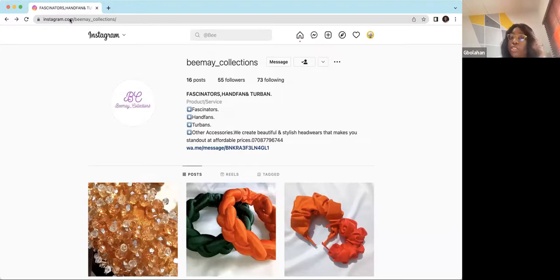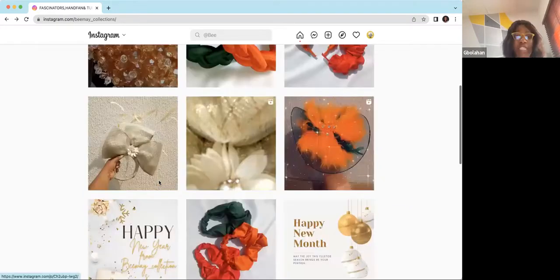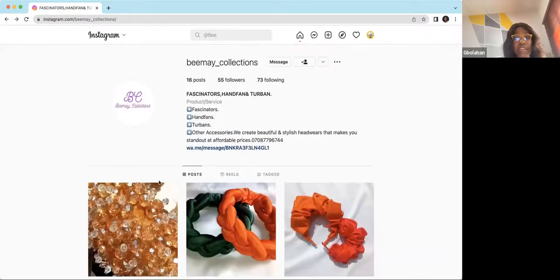I use koji.to, but if you want to use Linktree, or koji.to, anyone is fine. On your link tree or your koji.to, you could have "view our catalogs here" that people can actually visit to see your catalogs. It would be nice also if you have a website, but if you don't, it's still fine, at least since you are just starting out. So try as much as possible to say "view our catalogs here and then buy products, or chat with us here, contact us here," something like that. That will not have this message stuff.